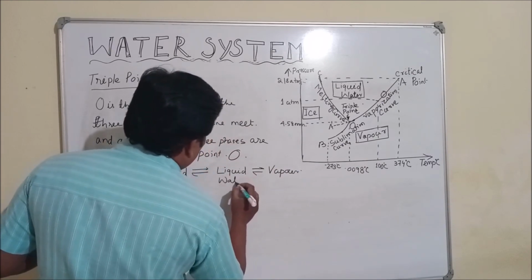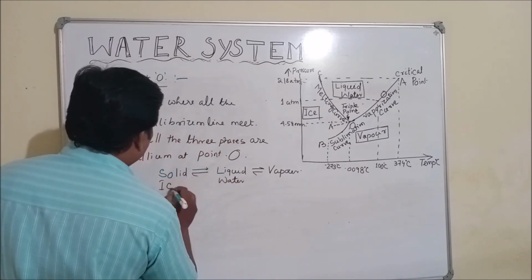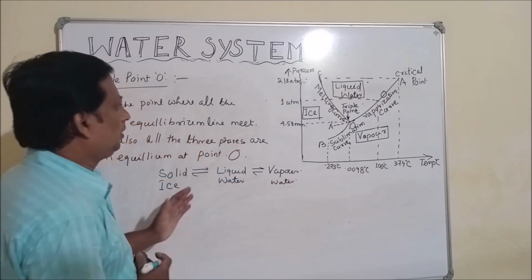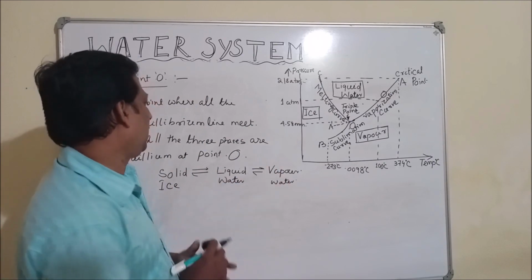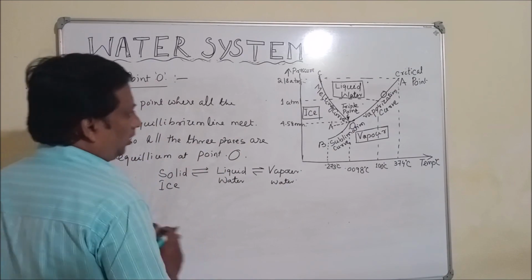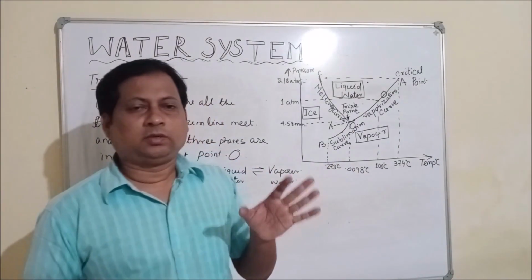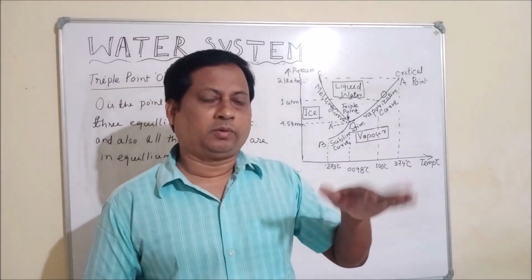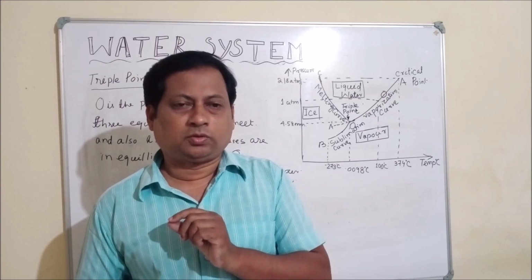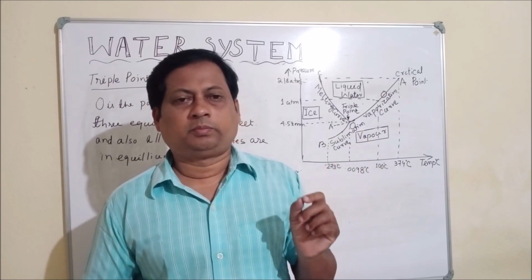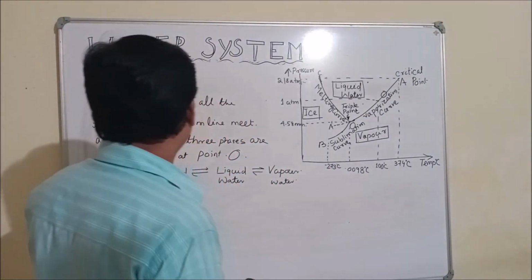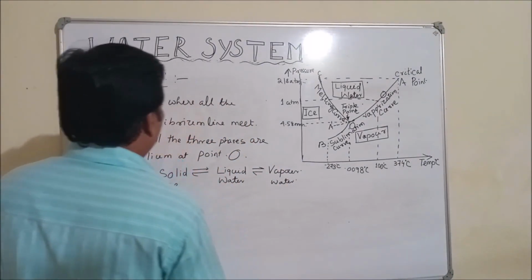So liquid water, solid ice and water vapor. तो यहाँ पे ये तीनों फेज इक्विलिब्रियम कंडीशन पे है at O. So at point O, all the three phases are in equilibrium. So मैं पहले से डिस्कस किया था. The number of phases is from the beginning, you remember, recall. So I told you that I will explain you. So degrees of freedom for water is 0. Okay, I told you degrees of freedom for water is 0 at a triple point. Okay, now this is the triple point line, triple point.